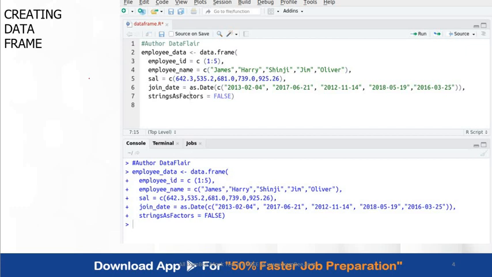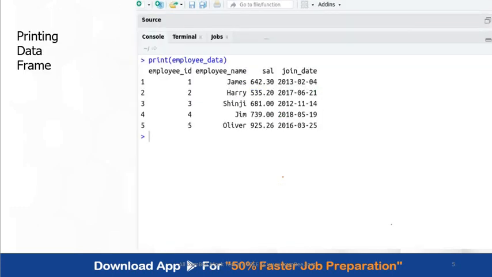Now, how to print that data frame. We created a data frame with the employee data, and now we want to print that employee data frame. We just have to write print and the employee data name, which is the name of the data frame that we have. It is very simple. You just put print, and in the brackets, you put the name of the data frame, and it will show you the result in the form of a table. You can see here the insertion was not in the form of a table, but the results are very well managed, and they are one-to-one mapped as well, right?